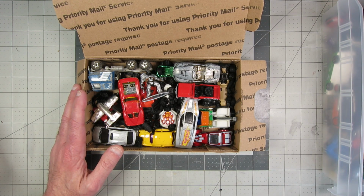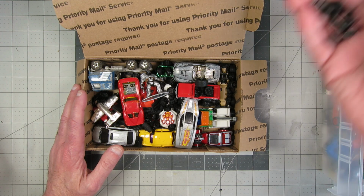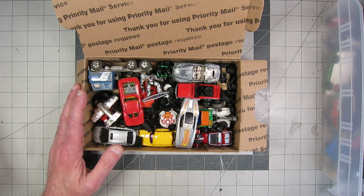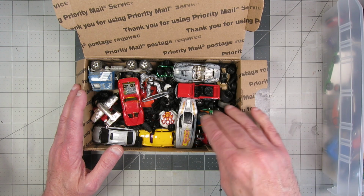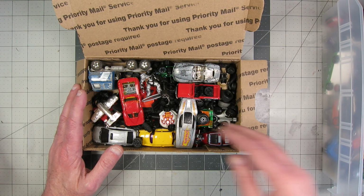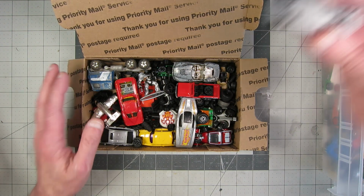Oh, hey. Let's throw some scrap wheels and stuff in here. Because I got to get rid of these somewhere. So, Mike, guess what? You can throw them away. Oh, wait, there's a